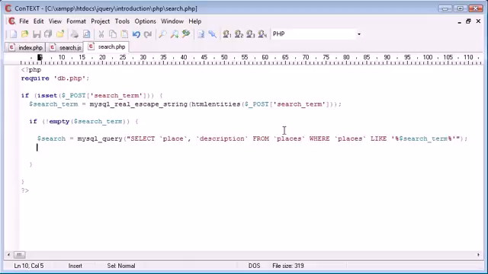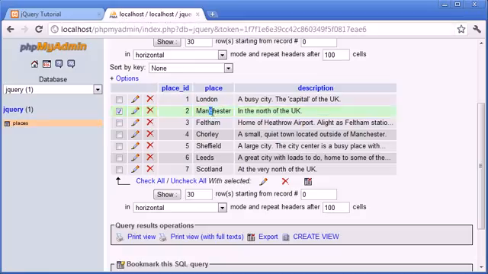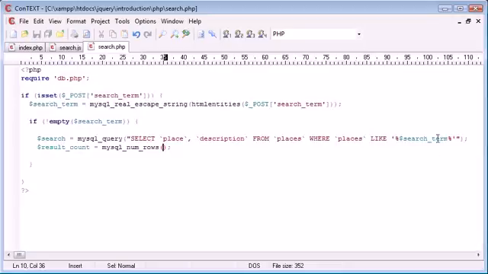Okay, so now that we've done that, we need to return our result count. So result_count is going to be equal to mysql_num_rows. This will return the amount of rows that this query returns. For example, if we were to search for CH, this would return Manchester and then Chorley, so this function would return 2. We obviously need to supply this with the original query, and then result count would equal 2. So we now have our result